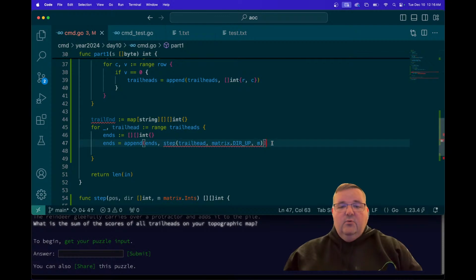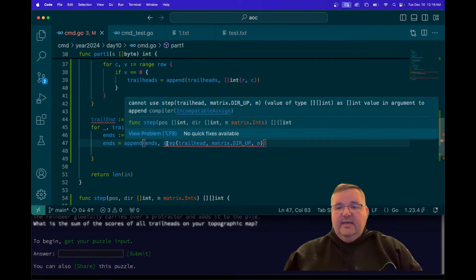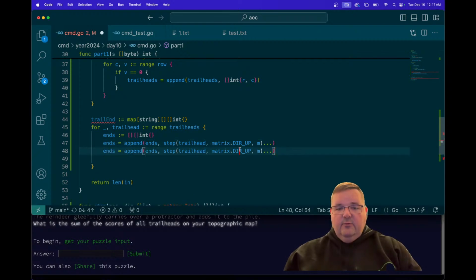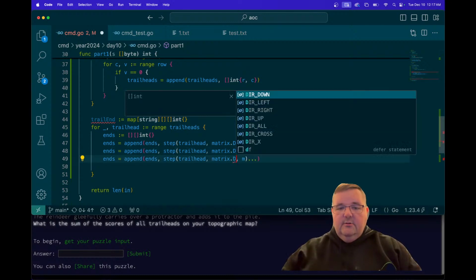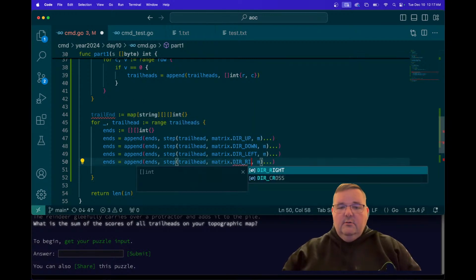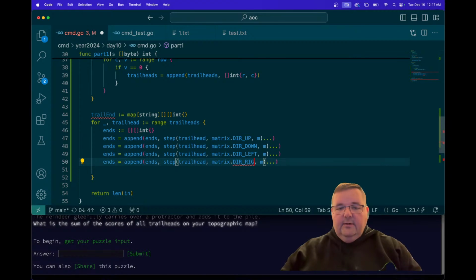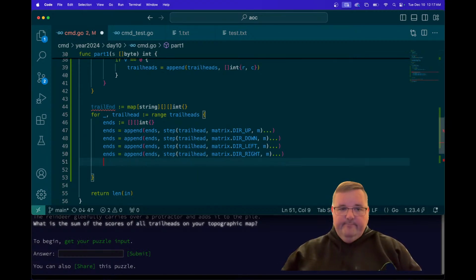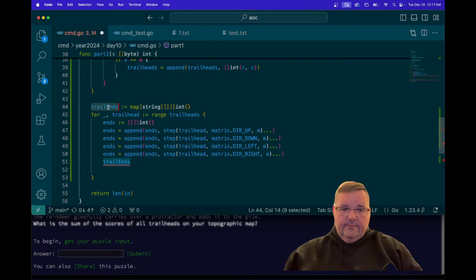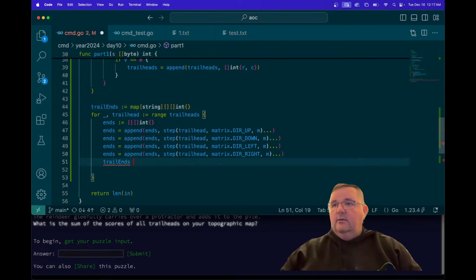What we're essentially saying is that for each step that we take, we're going to append those to the end of it. And we're going to do that for dir down, dir left, and dir right. And then our trail ends, make this plural, is going to be